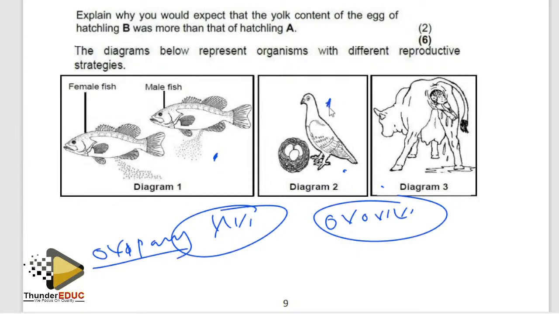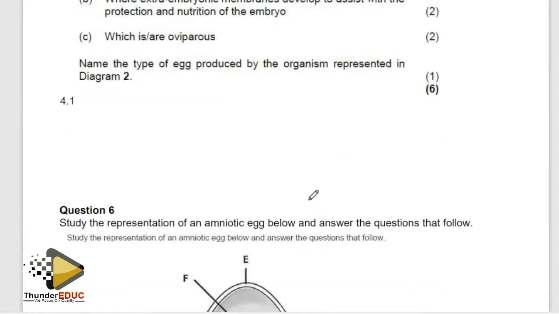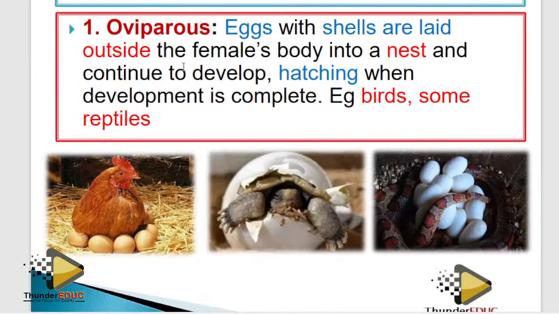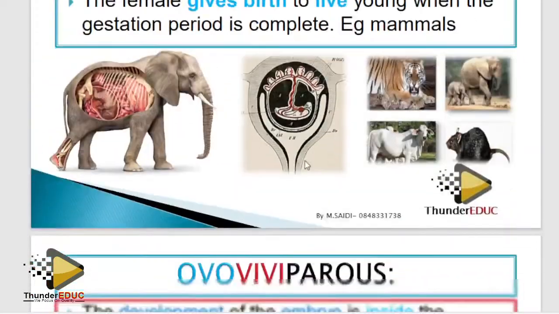This is internal fertilization, yes, but still it is oviparous. This is external fertilization, but it is oviparous. So it can be external oviparous or internal oviparous. So please don't confuse that, because students also confuse that. This is not too many marks, but I'm just trying to show you the small mistakes students make in each topic, and what you're supposed to emphasize, so that you can get a distinction. So that one is easy.